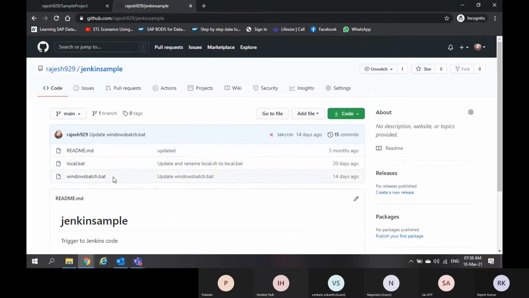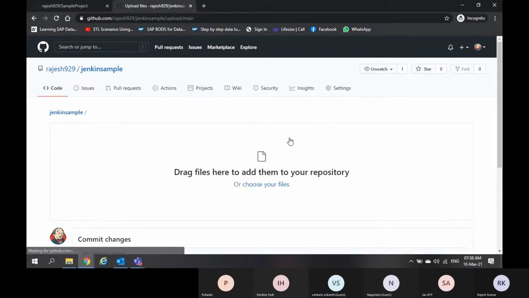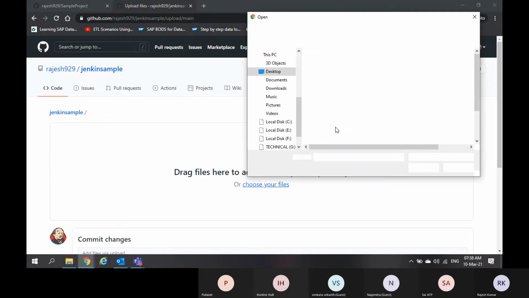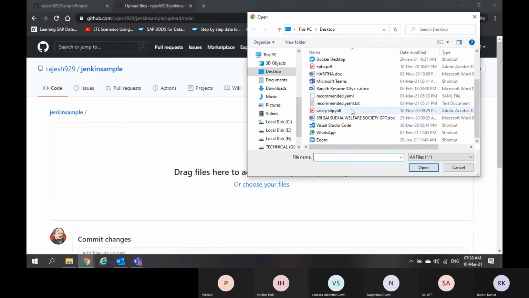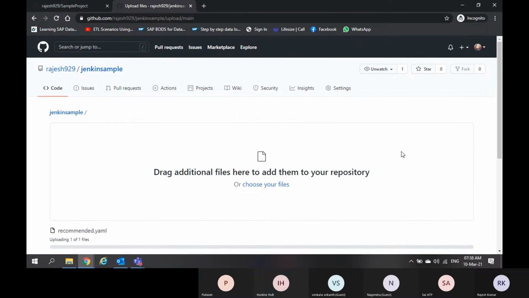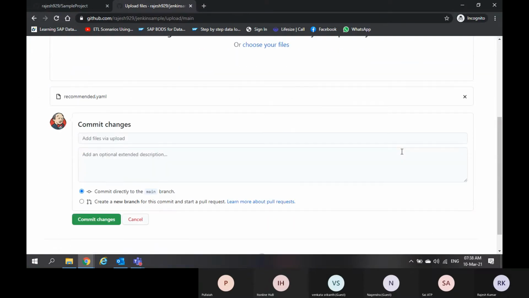This is a sample repository. I can upload a file here. So choose what file you want to upload. On desktop, I have some YAML file. Open. See, now the file got uploaded.